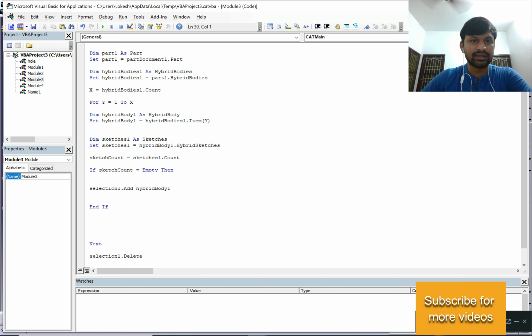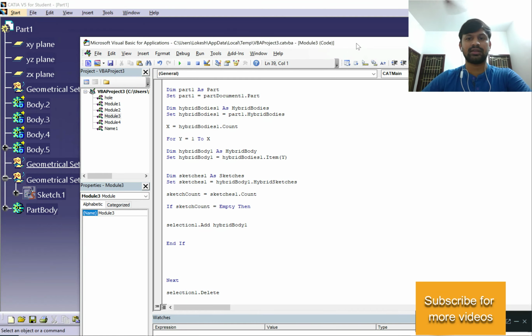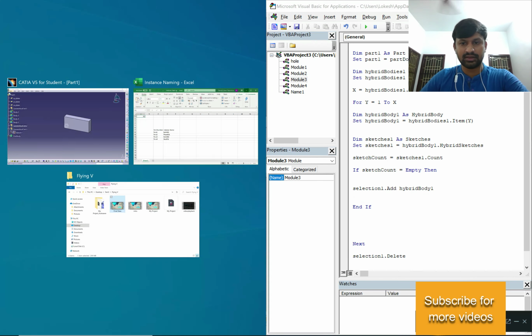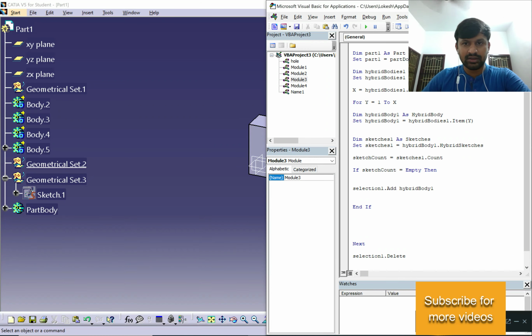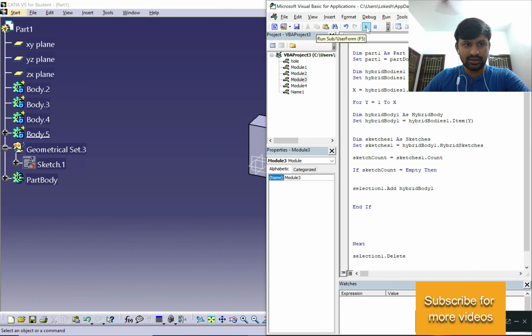Now let's run the code and see how it reacts. We can see the empty geometrical set has been deleted, but this is only applicable when the geometrical set doesn't have a sketch. Sometimes we may have points and other features. That's why I started creating the other code.